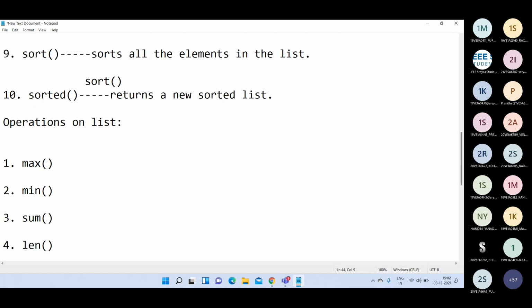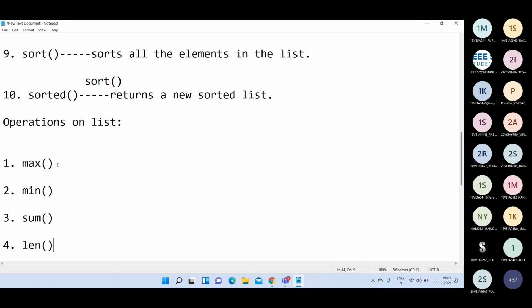These four operations, max, min, sum, and len, we are going to perform in almost all four data structures available in Python: lists, tuples, sets, and dictionaries.